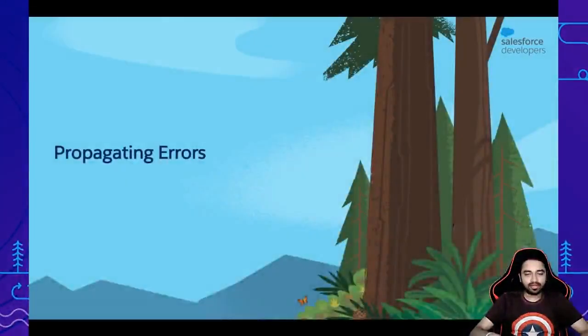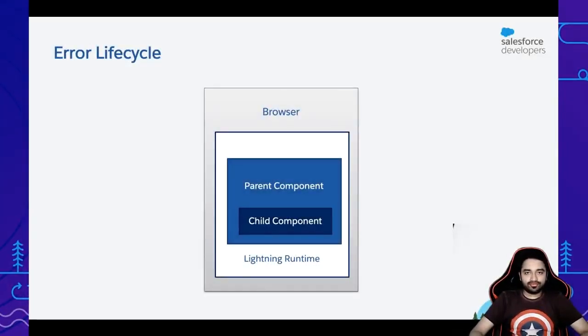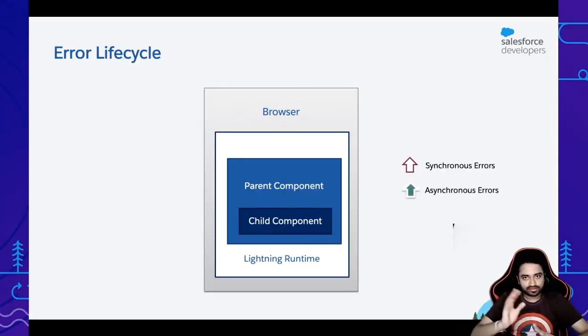Now let's discuss a little bit about how you can propagate these errors. Whenever you're trying to propagate these errors, there are two kinds of errors that you have. One is synchronous errors that occur in our synchronous logic, and asynchronous errors, of course, occurring in asynchronous logic. Now, whenever your child component throws a synchronous error, and you're not handling that error, assume there is no try catch, assume there is nothing. So this is an unhandled error. It tries to find a handler. Basically, whenever there's an error, it actually looks if somebody is going to handle it. If not, it's going to get thrown to the parent component.